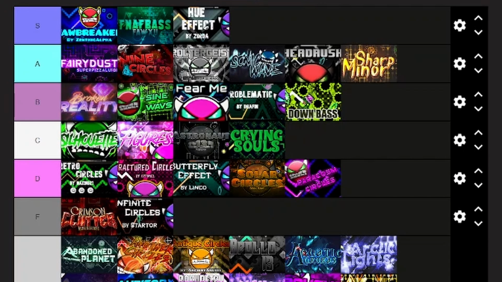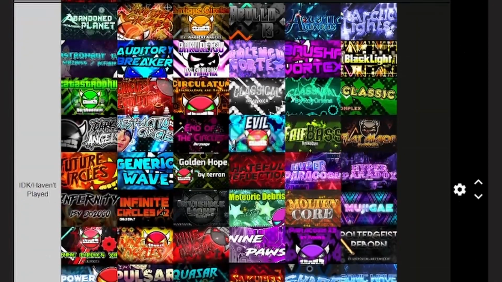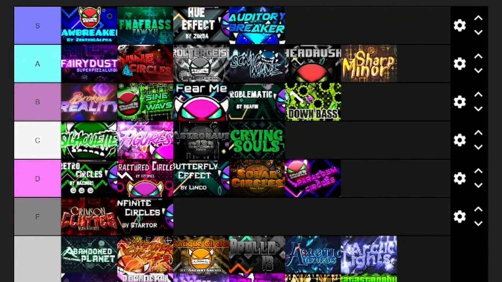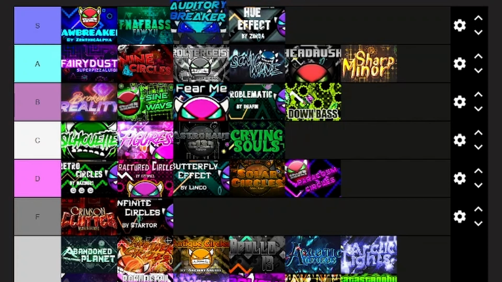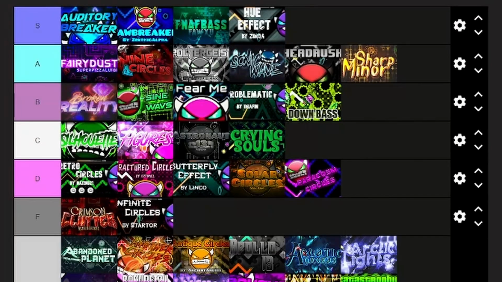There's definitely better ones like Auditory Breaker. Actually, I'm going to put Auditory Breaker on this now because that's the only other one down here that I've actually done pretty much. So Auditory Breaker. This is S tier. I love this level. This is S tier. Definitely. Should this be at the top? Honestly, yes. This is definitely one of my favorite 9 Circles levels. There might be a different one that comes soon that I like more, but this is honestly one of the best ones. It's a really good remake of Sonic Wave that just makes it slightly easier,